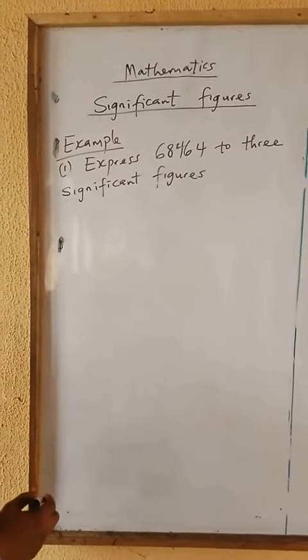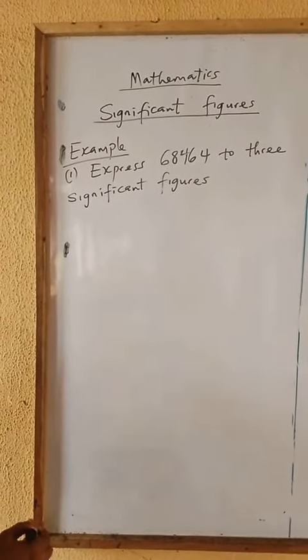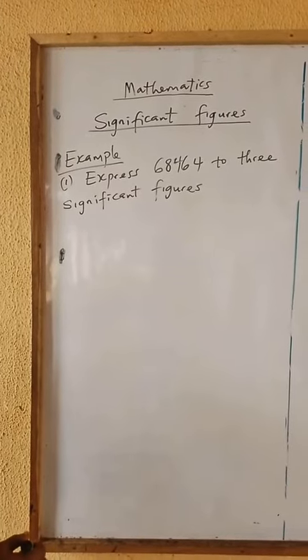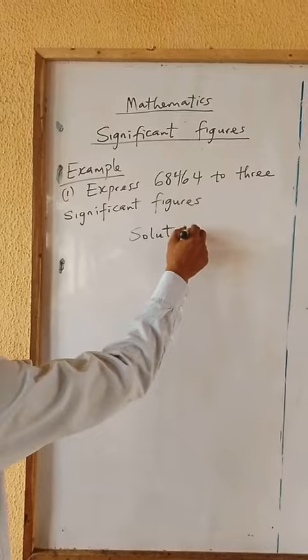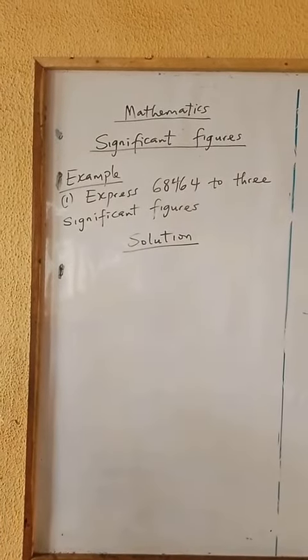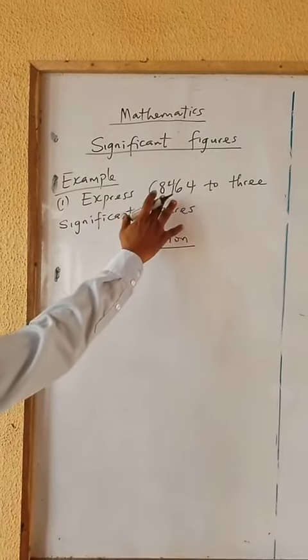So express 68,464 to 3 significant figures. Anytime that you want to round up a number to the nearest significant figure, the standard of the question must not change. Don't forget what we have here is